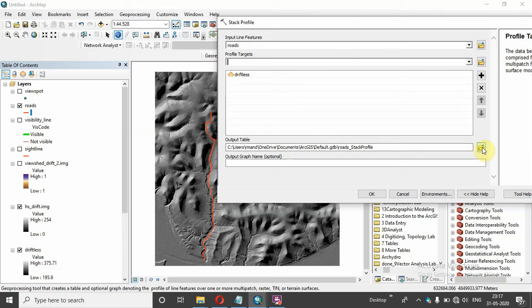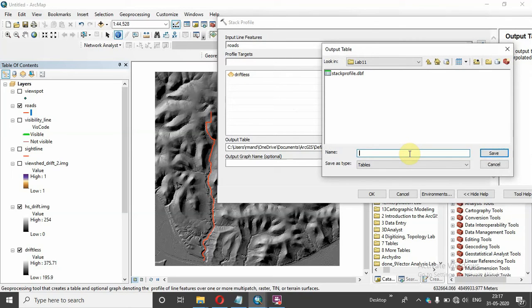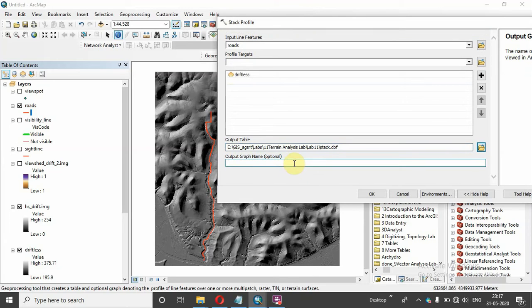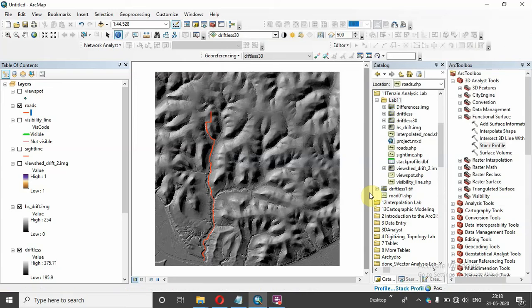Then give any name to the stack. Then the table may be a dbf, it should take. Then the output graph name, we should give stack road profile. Then okay. And now it will take a little time.